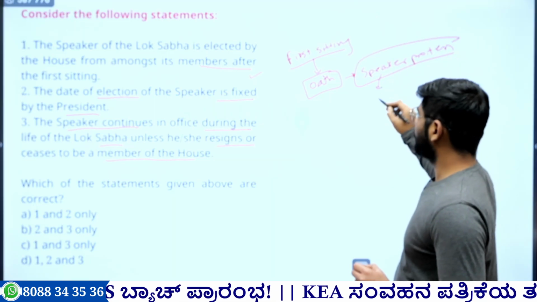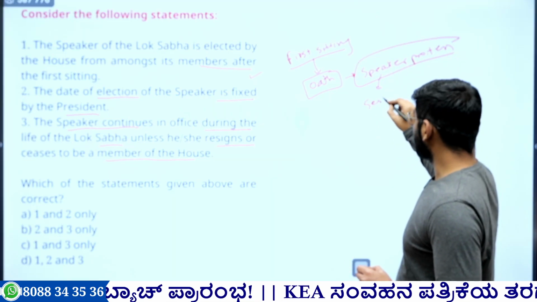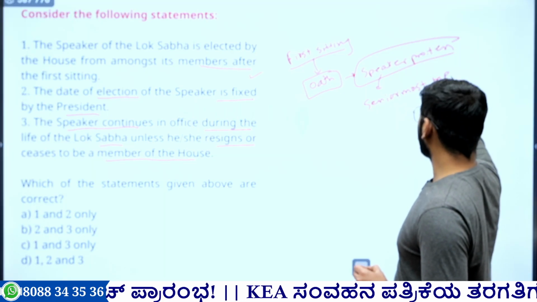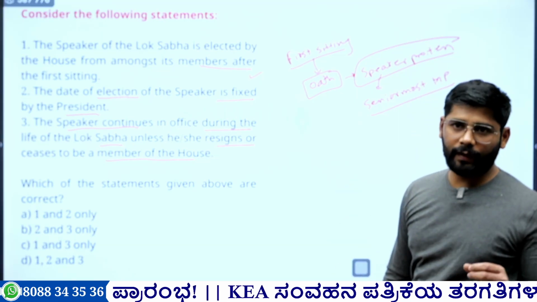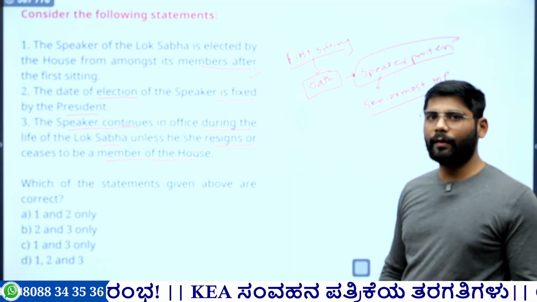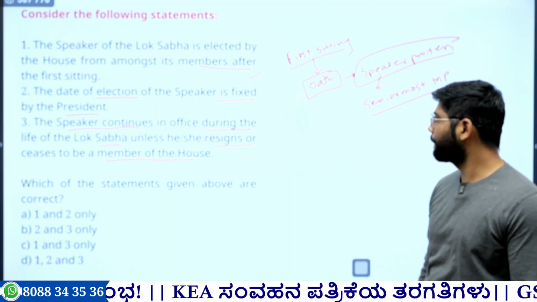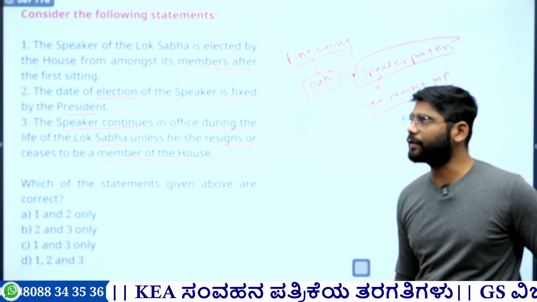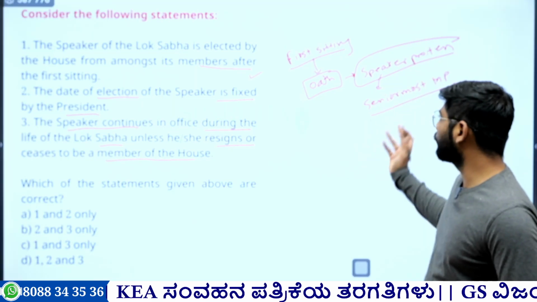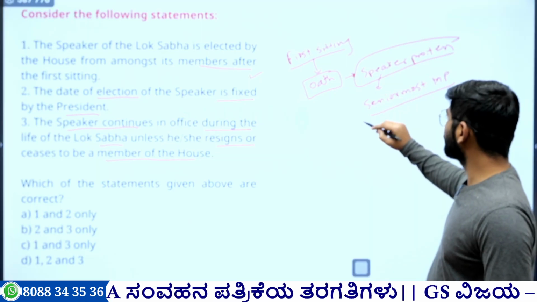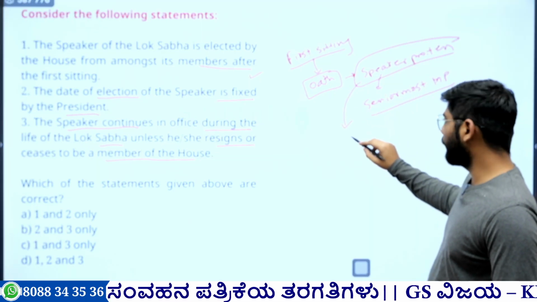Traditionally he will be the senior most member or senior most MP. So if a person is elected for the 10th, 11th, 12th term, then he is considered senior most. It's not dependent on age. Most of the time, age and seniority in parliament coexist, but the speaker pro tem will be the senior most MP, and this speaker pro tem will be appointed by